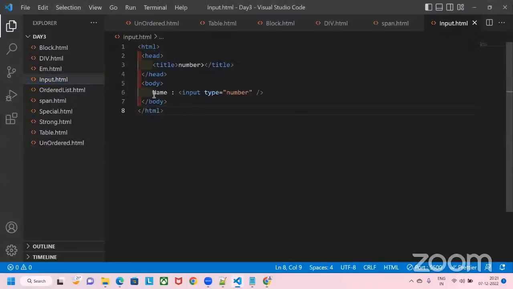Okay, we can use this arrow as well to get the number. Only it will allow numbers. Are you clear? And next one is, we'll take